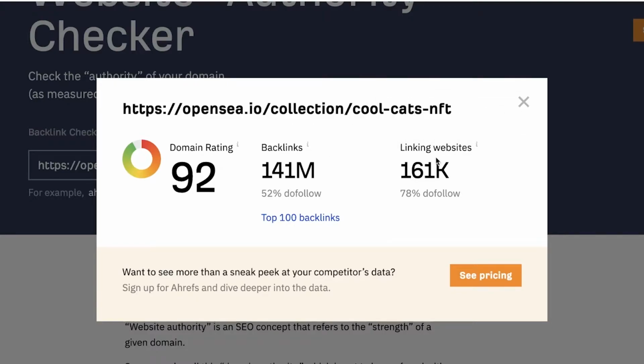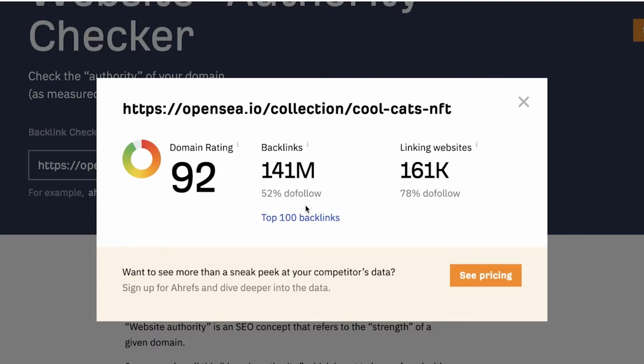Now, what is important? Having a lot of backlinks or having a lot of linking websites or neither? Well, I'm going to tell you guys how exactly domain rating is going to be affected with backlinks. So a lot of people might think that having more backlinks means the better domain authority. That is not true. Depending on the website that you will get a backlink from, that will actually increase or